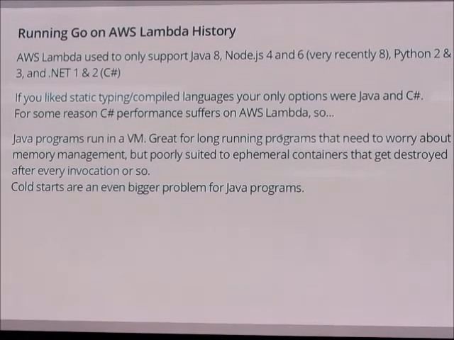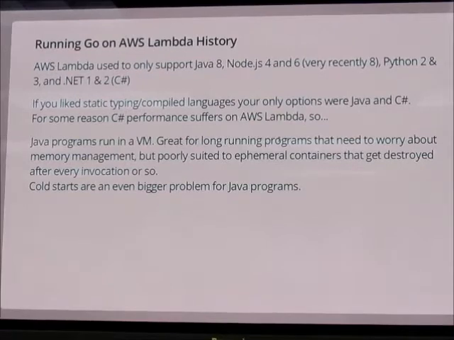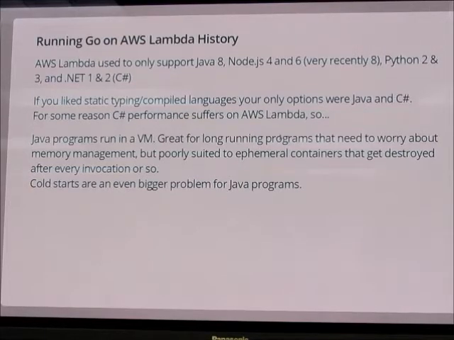There eventually was a more complicated solution where people would write some really hacky Python code in C and just directly call the Go binary. And there's a framework called Apex, and there's this other library I found, which is in the next slide. But you can basically take a look at the history of what people had to do to write Go on AWS Lambda, and be thankful that you don't have to do it now. But yeah.